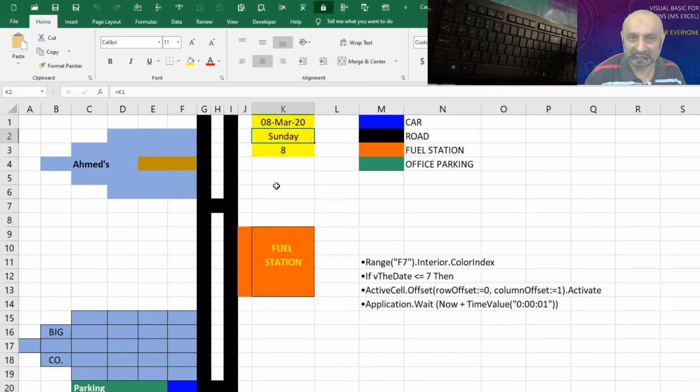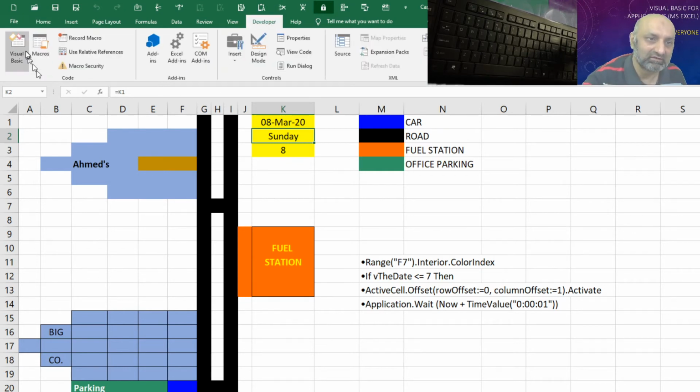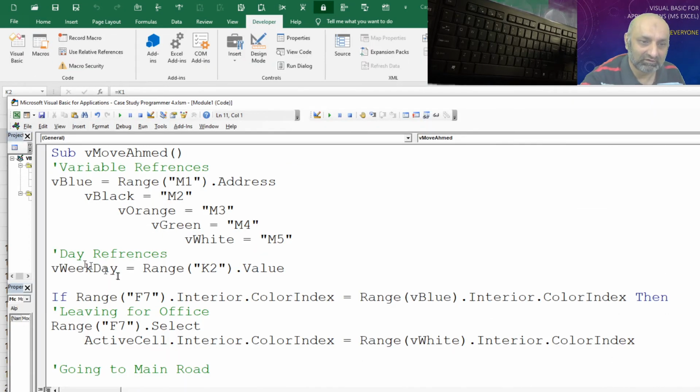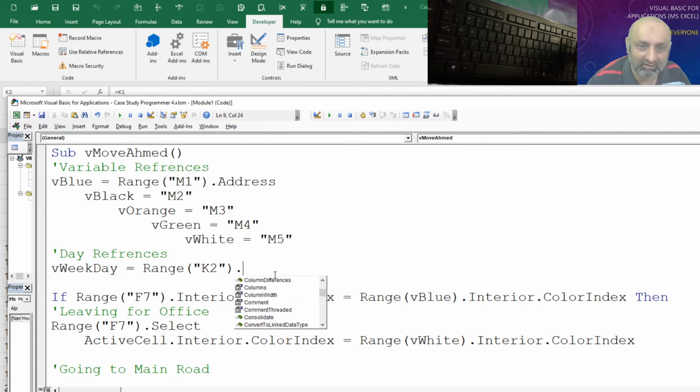So how to get this Sunday into our macro instead of this 3/8/2020? Instead of picking the value, what I need to pick is text, T-E-X-T.